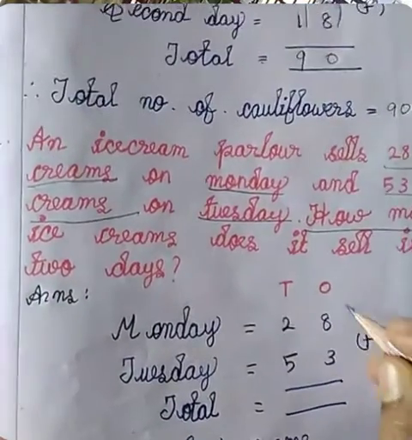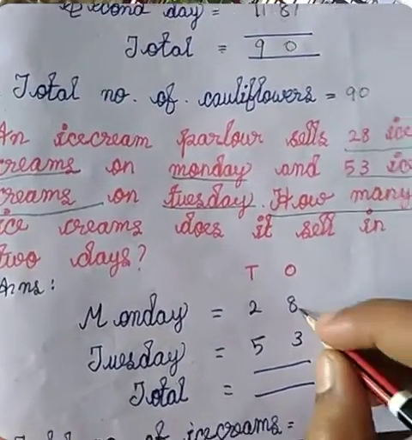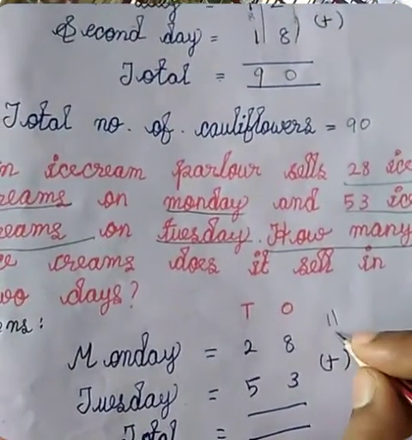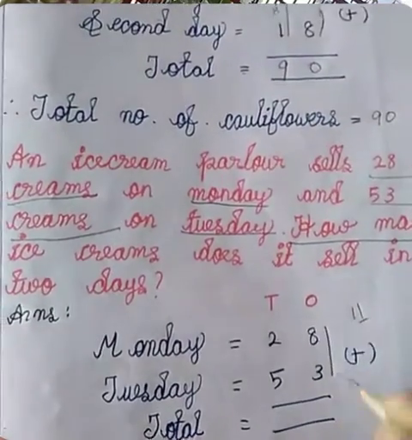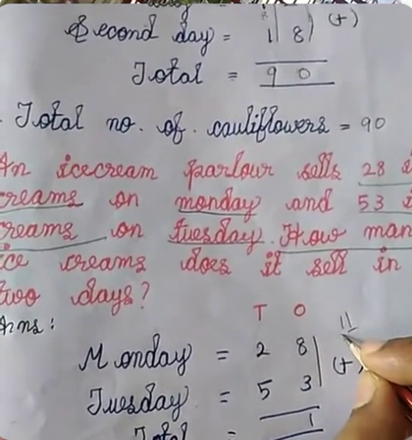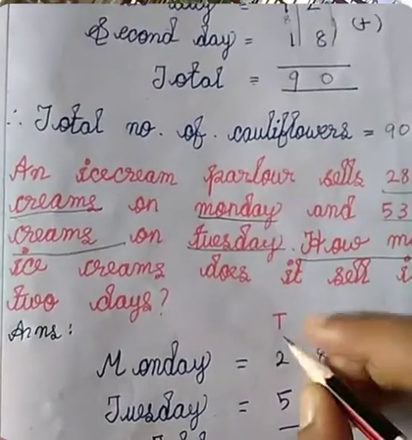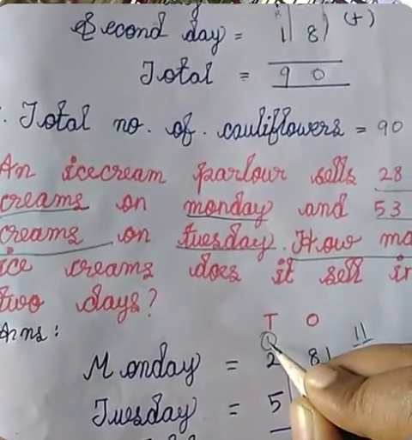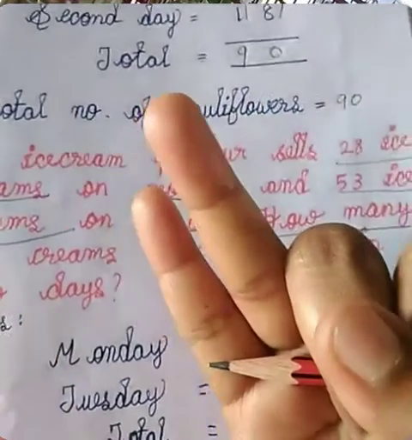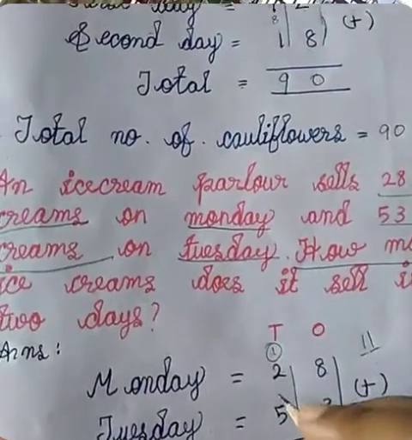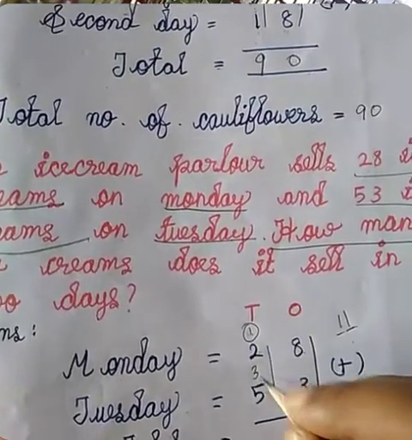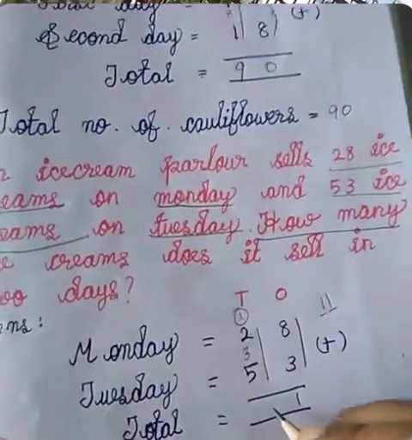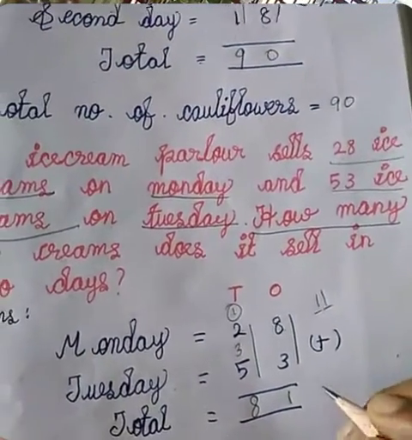For addition, first consider the ones column. Keep 8 in your mind, 3 in the finger. 8 after 9, 10, 11. The answer is two digits. So put the ones place in the ones column answer place and keep the tens place on the upper side of the tens column. Okay, and add these three numbers. First consider 1 and 2. Keep 1 in your mind, 2 in the finger. 1 after 2, 3. Keep 3 in the middle of these two numbers, 3 in the mind, 5 in the finger. 3 after 4, 5, 6, 7, 8. So 8 is the answer for the tens column.